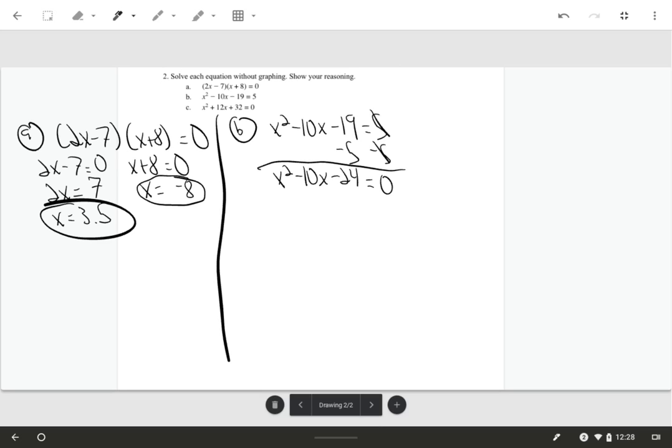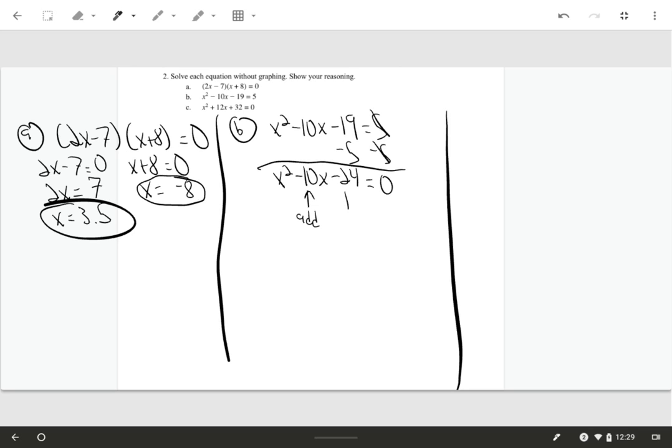So you have a choice in how to solve this. Okay, it doesn't specify which method to use. We could factor. We could also use the quadratic formula. I am personally going to factor. Okay, so we want two numbers that add up to negative 10 and multiply